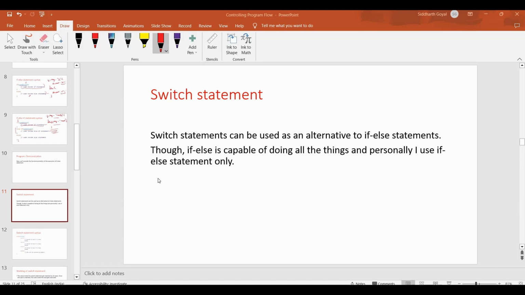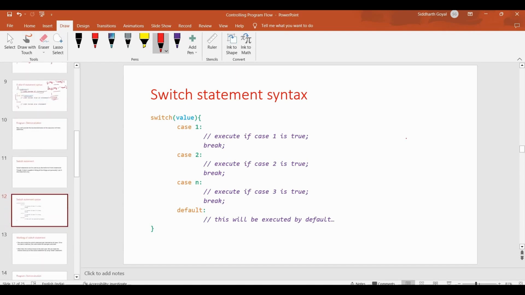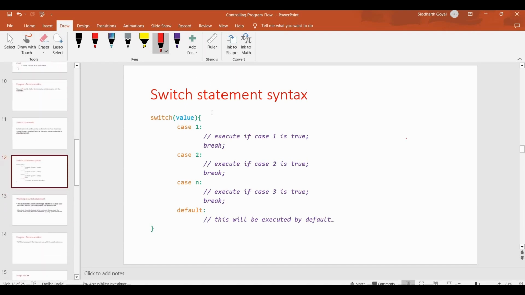Hi everyone. In the last lecture we saw if else, now we'll see the switch statement. The switch statement can be used as an alternative to if else, but personally I use if else only. So it's a personal choice. Let's see the syntax first. So the syntax is